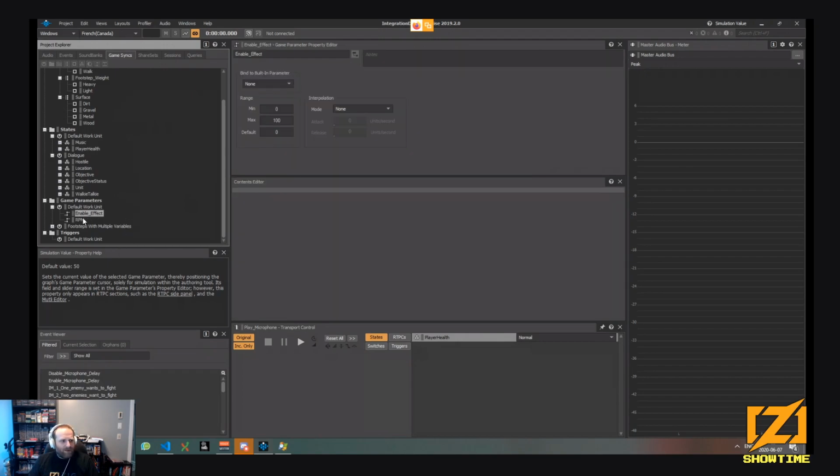And we have the game parameter, which, like I said, is a float value, and you can specify the min and max, the default value, and so forth. And triggers are for music. So let's say you do a critical hit in an action RPG, for instance, you can have an accent in the music using triggers that come from the game. So this is why it is event-oriented.